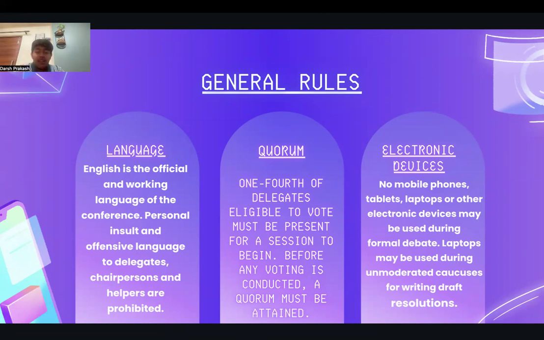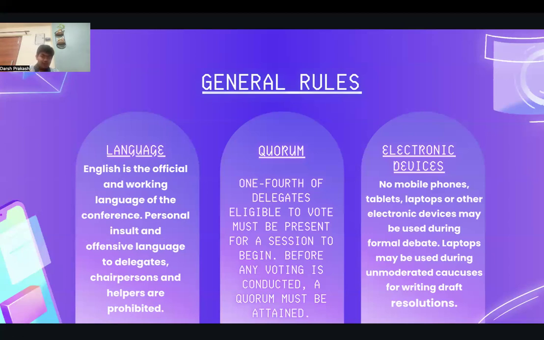Then electronic devices. I know that we all are Gen Zs and we like watching series. I don't watch that many series, but I have seen my friends watching them, and we are very active on social media. We all have Instagram, Facebook, and Twitter accounts. But for these 2 days, you all have to go on a social media detox during the committee. You can't use any social media account during the committee, right? You need to switch off everything: your Amazon Prime, Netflix, Instagram, Facebook, and video games. It's better that you switch off your mobile phone as well, right?